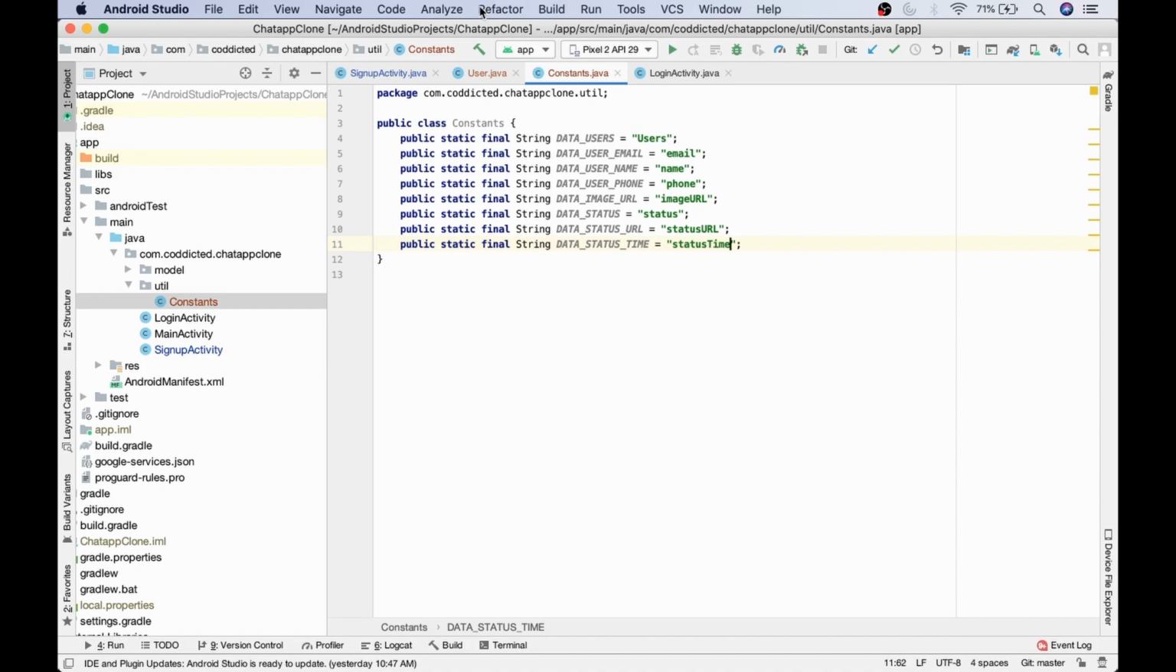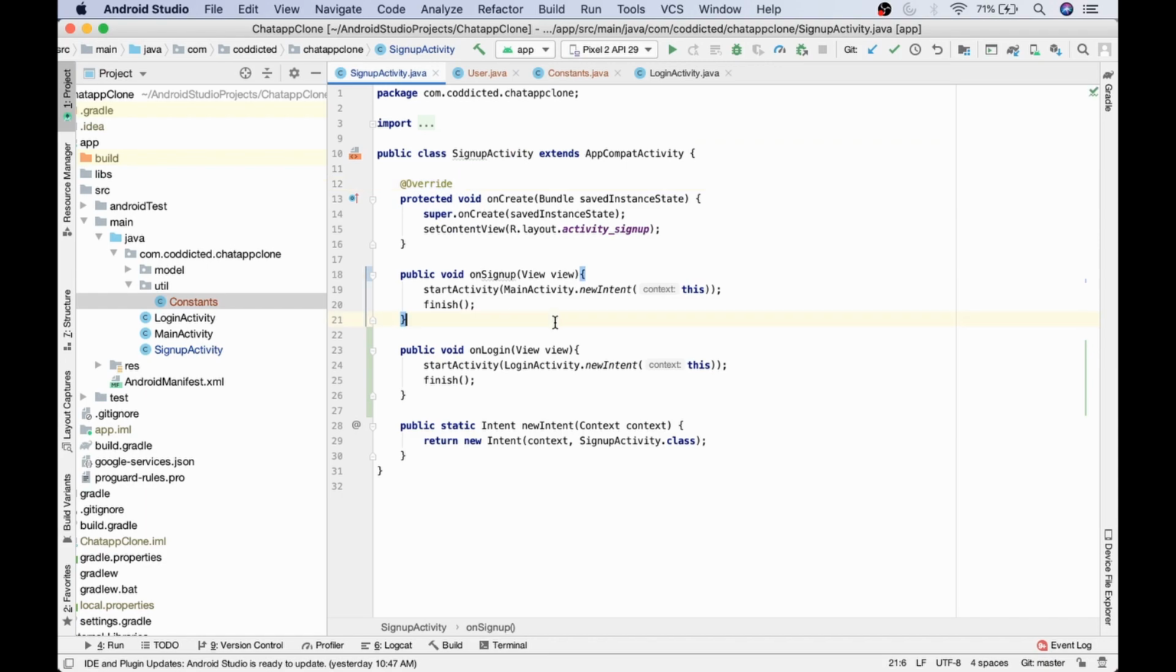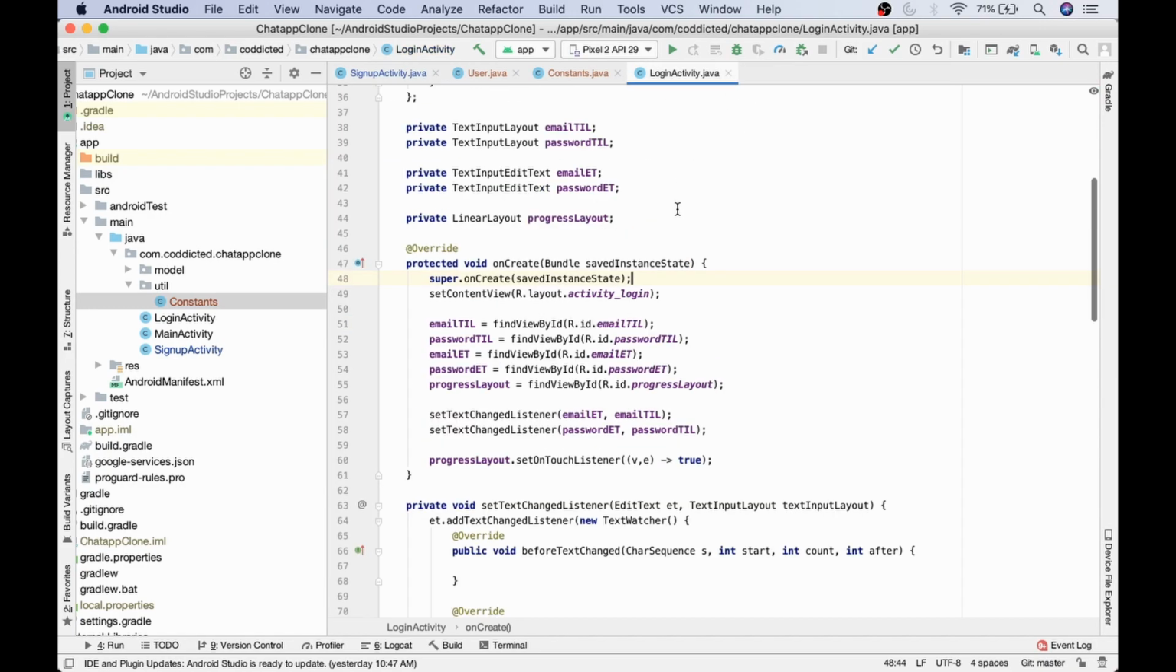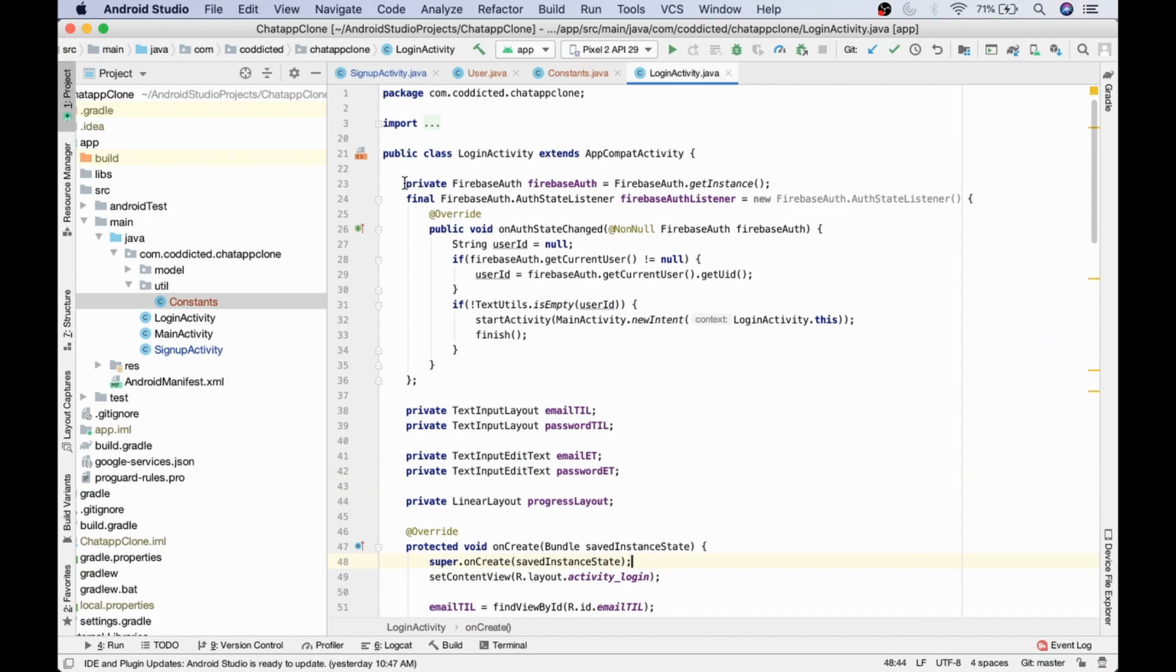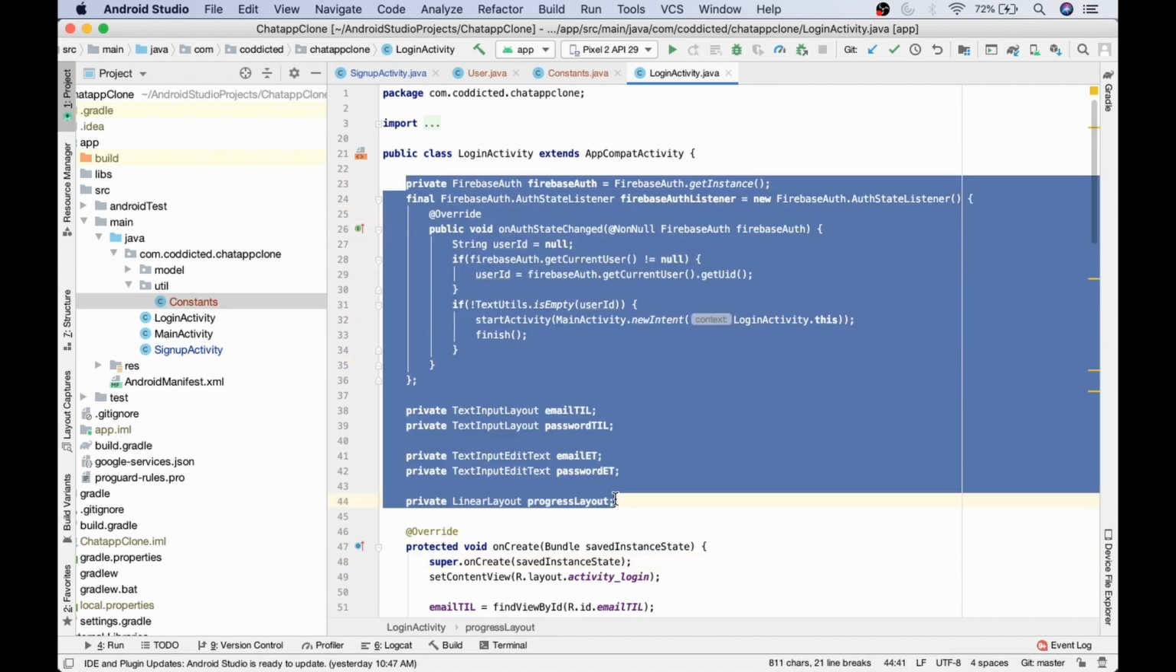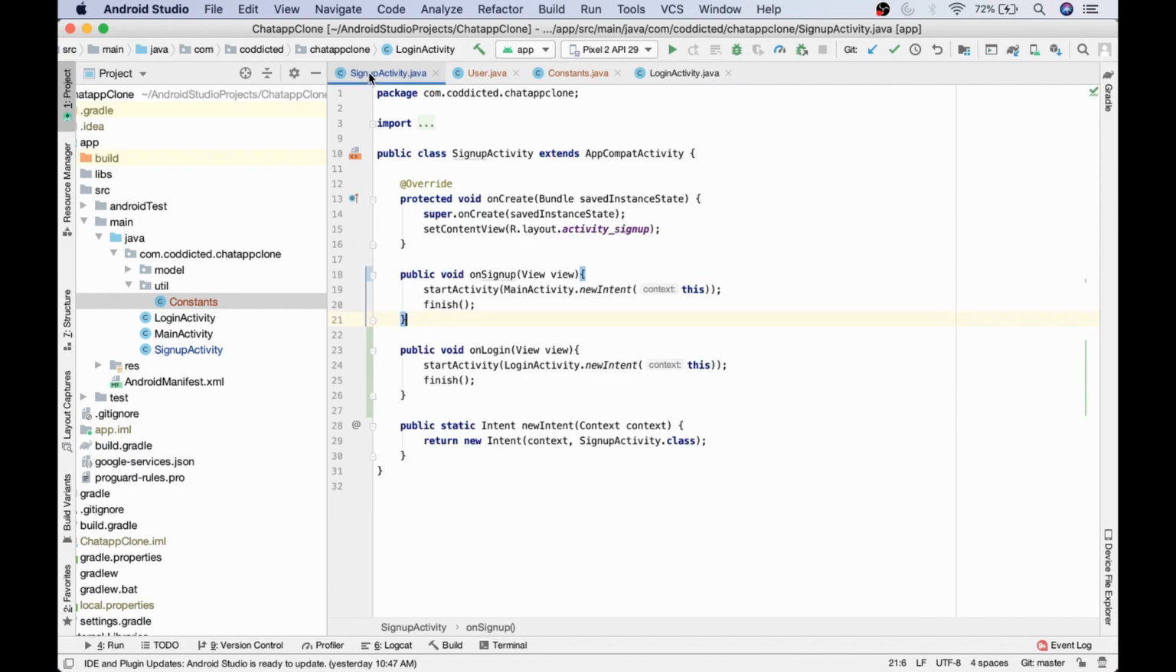like this. So we have our user class and corresponding constants, and this will serve as our sort of table name or the collection name for our database. For now we can let it be. Let's come back to our sign up activity now. And since we need much of the functionality from login, let's copy it over. So we can copy all this Firebase auth and all these variables also,